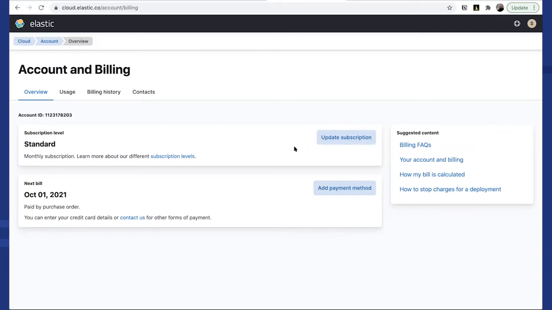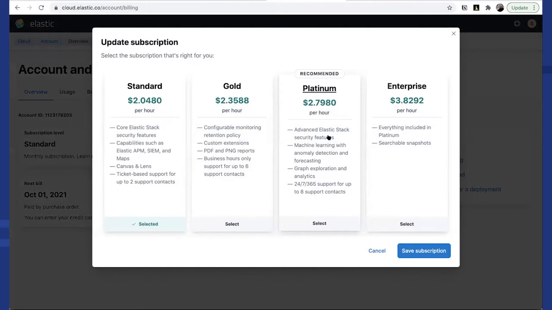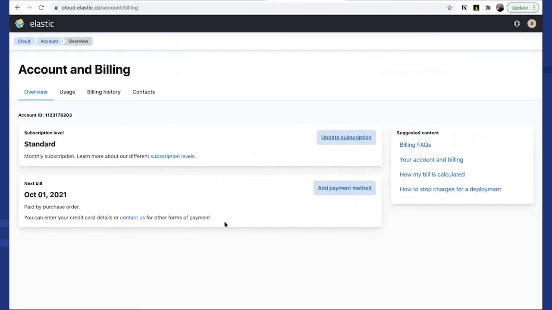One other thing I want to show here is the subscription picker. As you saw that we have multiple subscriptions, and using the subscriptions, you can self-service move to a different level. You can see that the searchable snapshot, which was released a couple of months ago, is a great feature, especially for an observability use case. Helps me ingest a lot of logs without having to worry about even clearing them or curating them. So that's available in the enterprise feature. In the enterprise level, I can just self-subscribe to it using this portal.